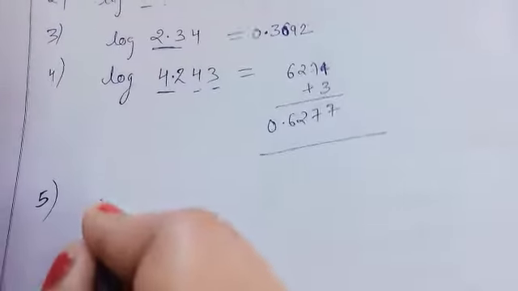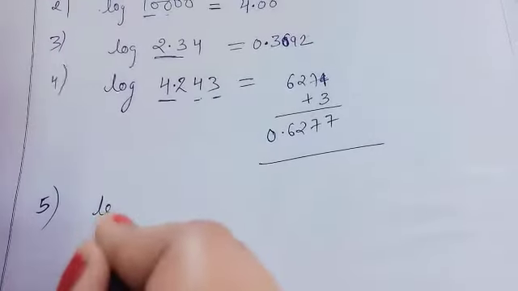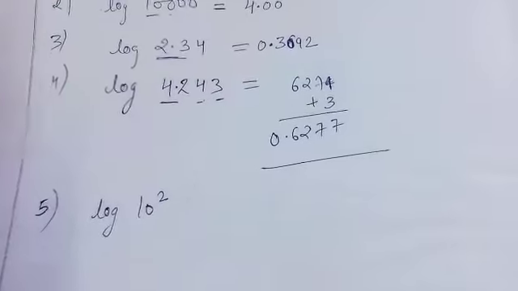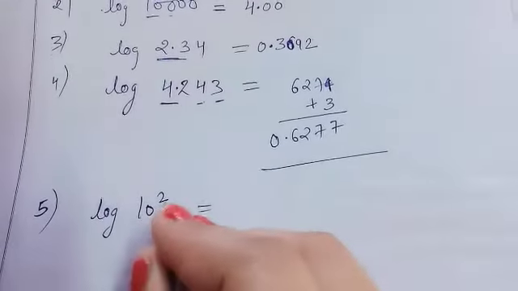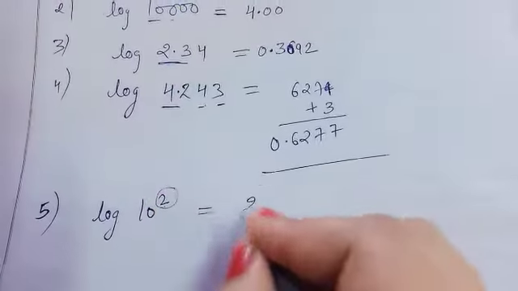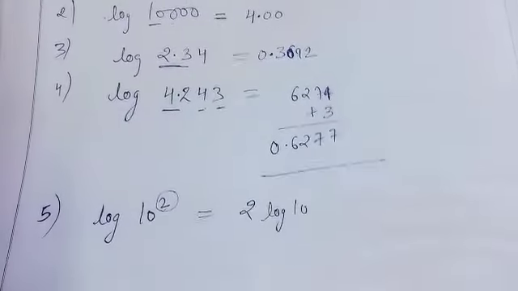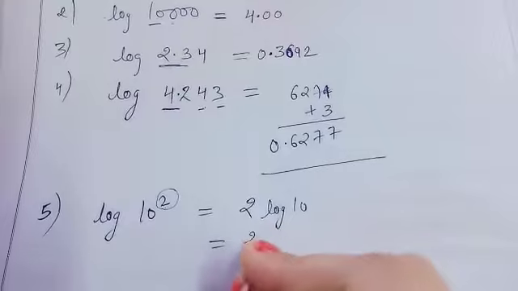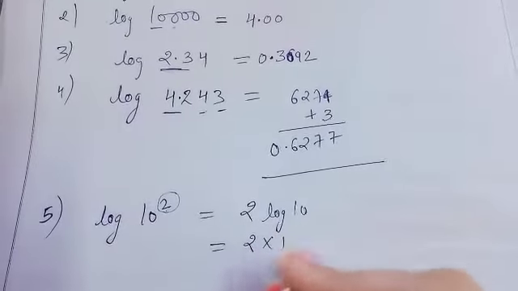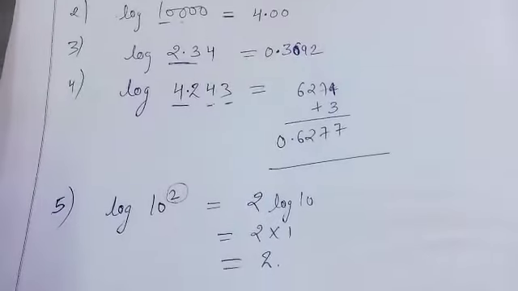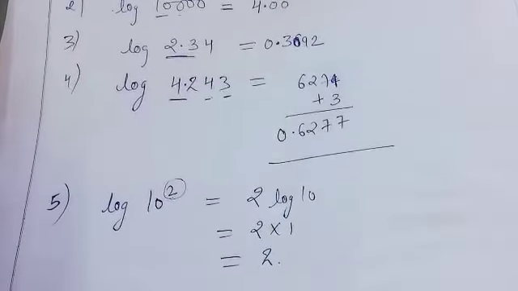Okay, now suppose this type of values is given to you in power. Okay, so for this you have to convert it like this: whatever is the power along with its sign, it comes in front, and this one becomes log 10. Now check, this one is 2 and log 10 is equal to 1, so your value is 2. Okay, so you can solve it also. This one is how to see log.